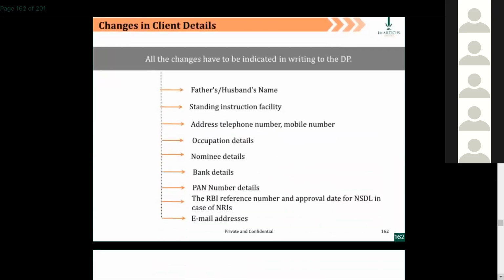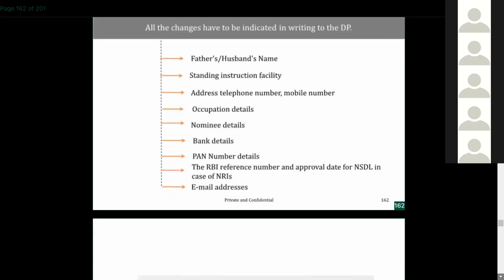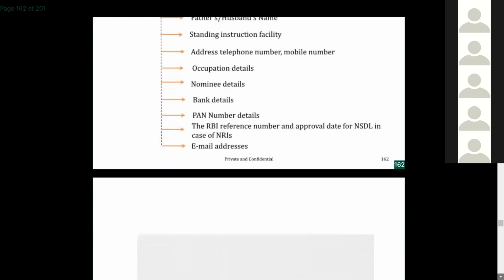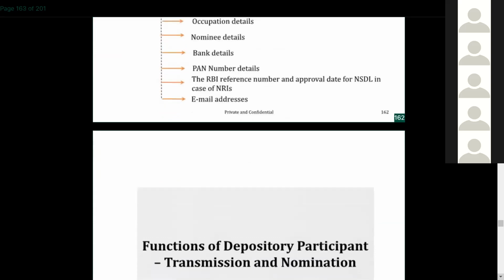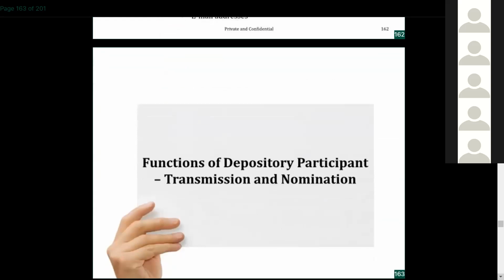So people might also want to add their father's name or husband's name or standing instruction facility, telephone number, occupational detail, nominee detail. People might want to change bank details, PAN number. If it was not provided, they might want to provide that. RBI reference number for NRIs, email address. So there can be any change in the account. However, the written request has to be submitted to depository for